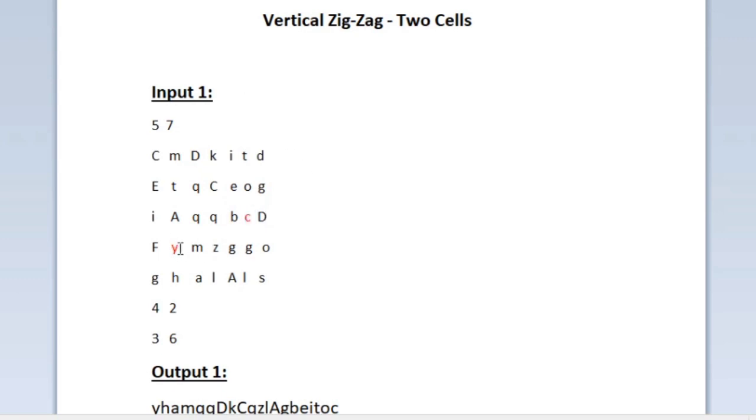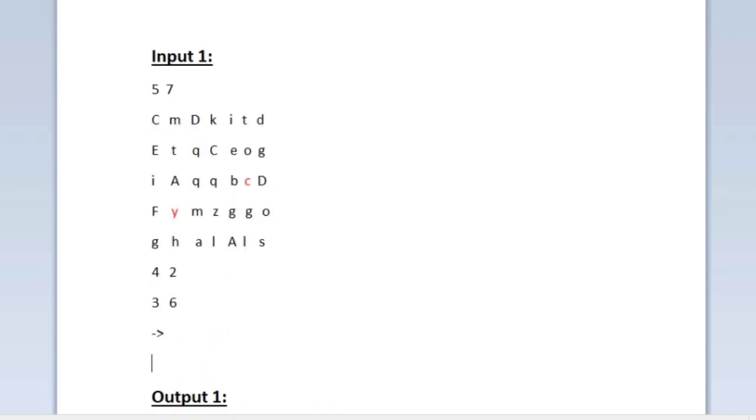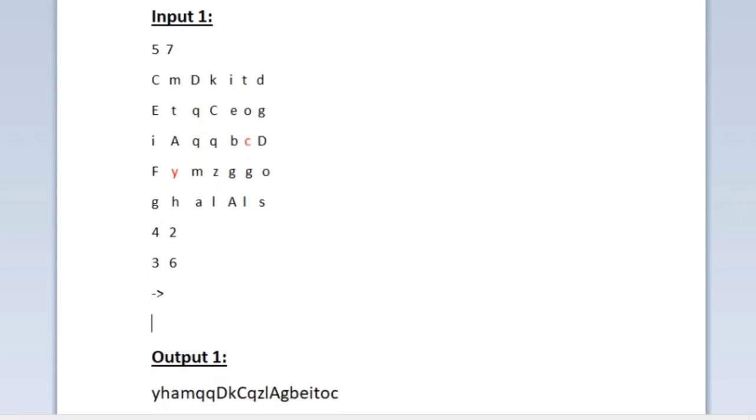So our task is to start from the character Y, and then we should traverse through the matrix as per the conditions given in the question, and finally we must stop once we reach the character C. So here first we have to start from the character Y, and then we have to move downwards, and once we reach the end we should move to the next column, and then we should start our path from bottom to up, and again once we reach the top we should move to the next column, and now we should print our path from top to bottom. So this is how we should be traversing through the matrix.